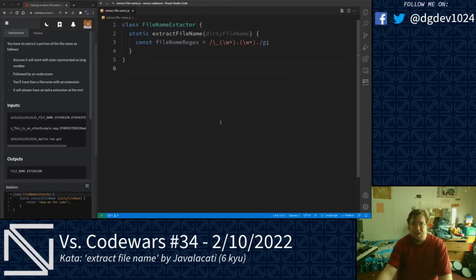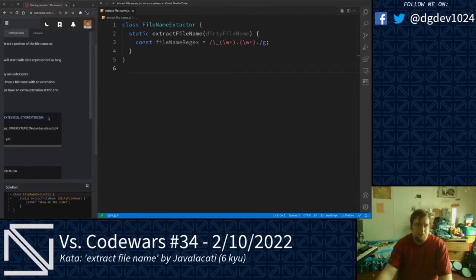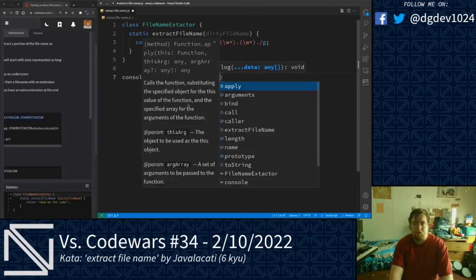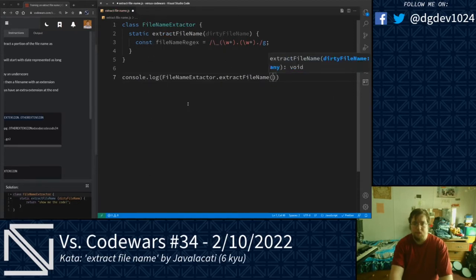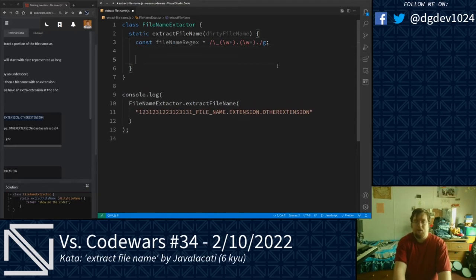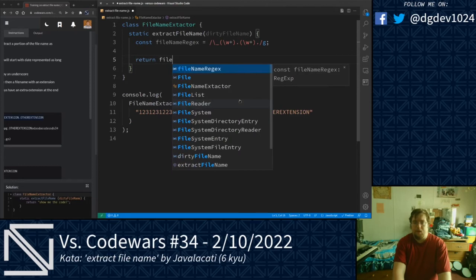Let's go ahead and pull this string from our examples here. And we're going to do console.log FileNameExtractor.extractFileName. We're going to paste this string into our local solution here. Now, in here, I think we're going to try doing the match method here. We're going to return fileNameRegex.match,